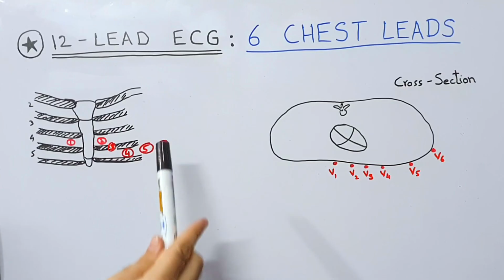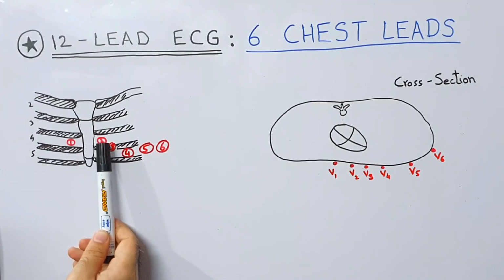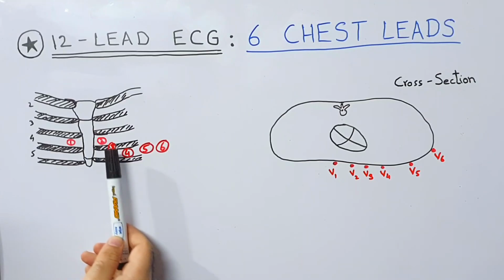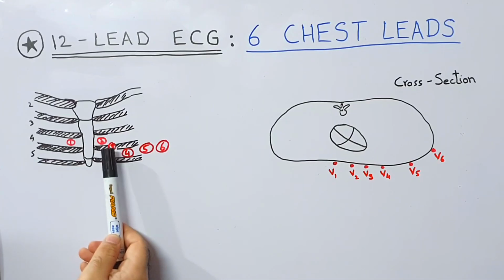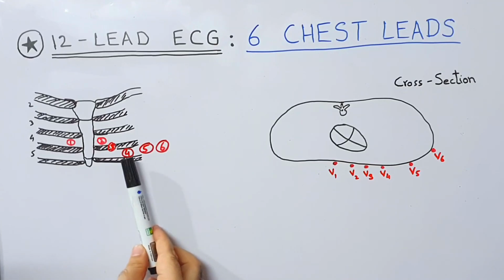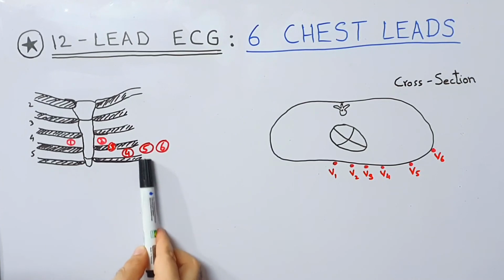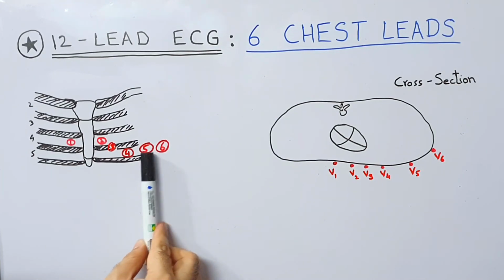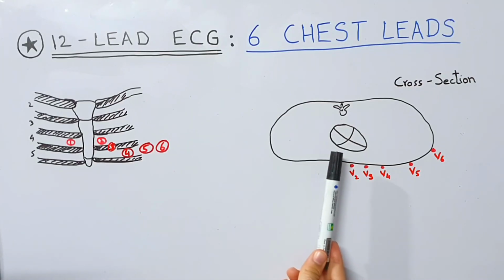Regarding their placement, I will repeat. First lead is placed in the 4th intercostal space on the right side of the sternum. Second is placed in the 4th intercostal space on the left side of the sternum. Fourth electrode is placed in the mid clavicular line in the 5th intercostal space. Third is placed in between 2 and 4. Similarly, 5th and 6th are also placed in the 5th intercostal space, in the anterior axillary line and the mid axillary line. 5th is placed in the anterior axillary line, 6th is placed in the mid axillary line. So the chest leads are pretty straightforward, and they are single unipolar leads which receive electrical signals